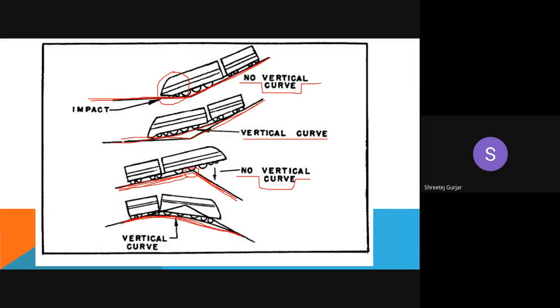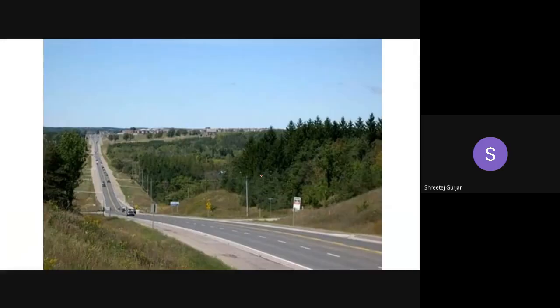I hope you have got the idea of what a vertical curve is and where exactly we need to provide it. Further, you can see in this image a vertical curve provided over here. This part is a vertical curve, wherein this is a downward gradient and this is an upward gradient, right? You cannot have straight lines meeting each other. So we smooth these two out with a smooth curve, or a vertical curve. Similarly, it can be provided at other places where you have an upward gradient meeting a downward gradient like this. This is also a vertical curve which is provided over here.